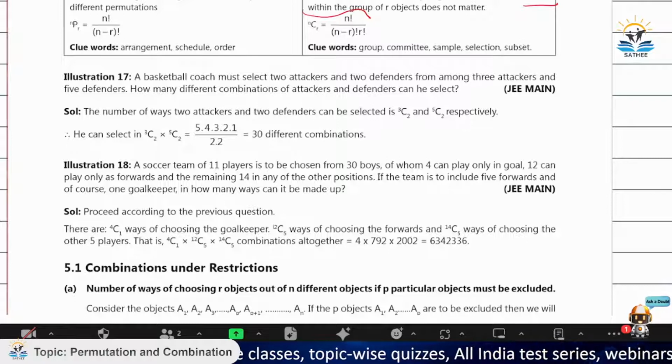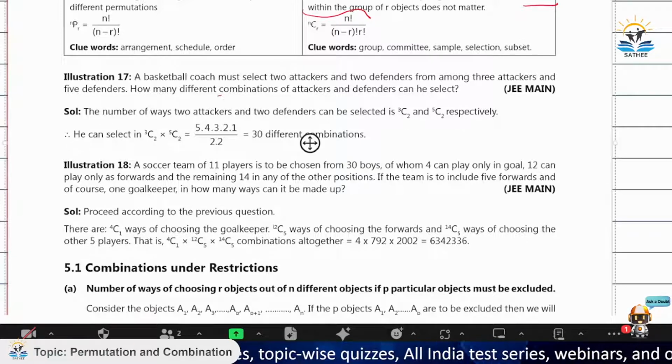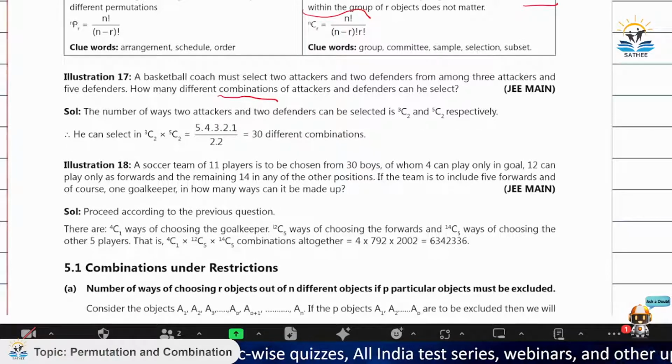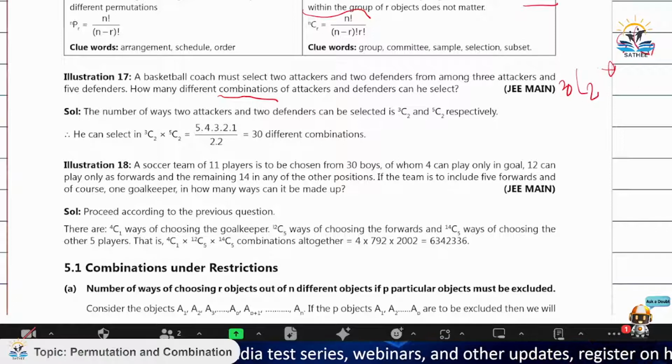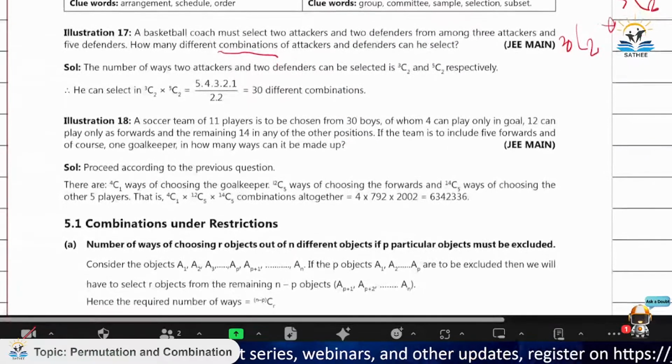See, अब यहाँ पर क्वेश्चन भी थोड़ा सा हमें हेल्प करने की कोशिश करें कि कॉम्बिनेशन निकालना है, ठीक है? तो यहाँ पे हमें ऑर्डर का मतलब नहीं है, तो इसे कैसे कर सकते हैं? हम तीन में से दो ले लेते हैं और पांच में से भी दो ले लेते हैं, सिंपल। Next, soccer